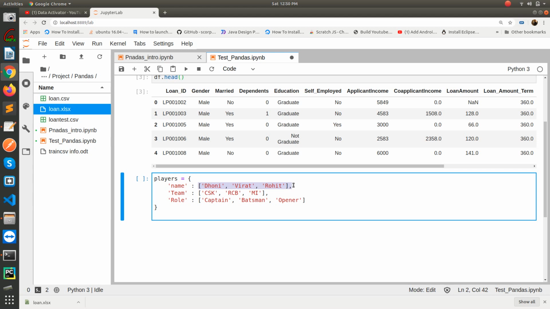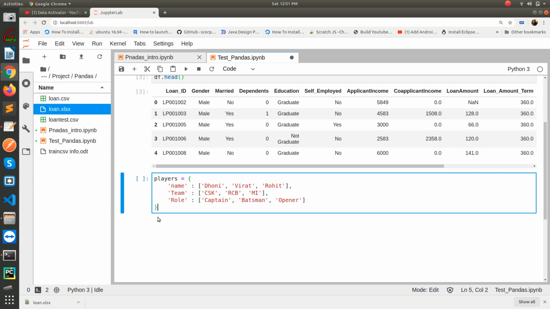So in this value we have 3 names: Dhoni, Virat and Rohit, and the another key is team, and the values are CSK, RCB, Mumbai Indians, and the role key has the values captain, batsman and opener. Although all are captains of their respective team, I just assigned different values: Dhoni for captain, Virat for batsman and Rohit as an opener. So this is a dictionary I have, and now we can convert it to a data frame.